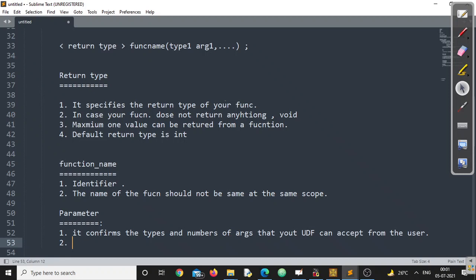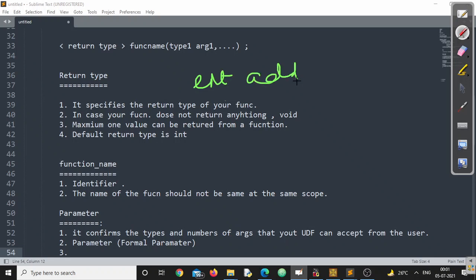Now these are called as parameter. Remember this point. Sometimes we are calling this as formal parameter. Remember this point, right? And we can have more than one parameter. Suppose I have to create a function for adding three numbers. So my declaration will be, since I want the value to be returned as int, I am writing something like this: int, comma int, comma int, right, with the semicolon.